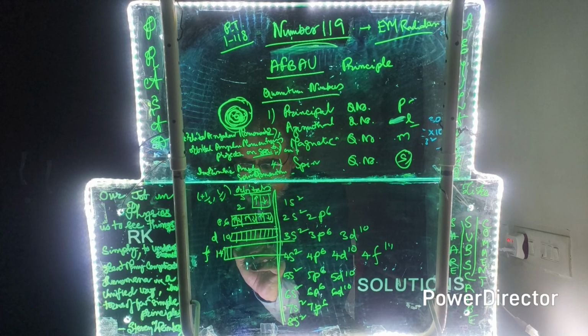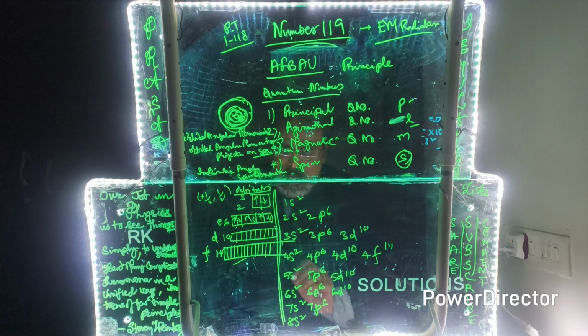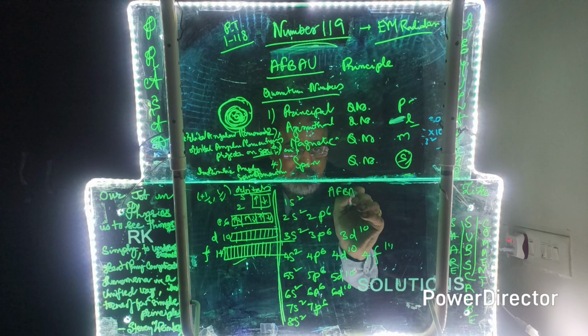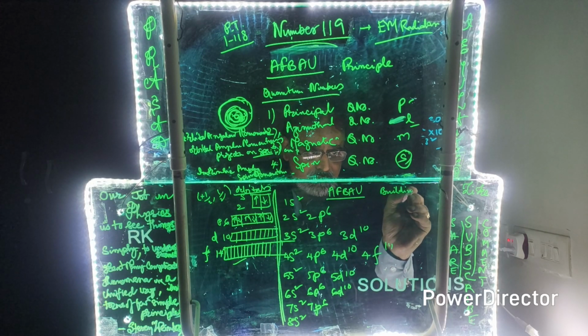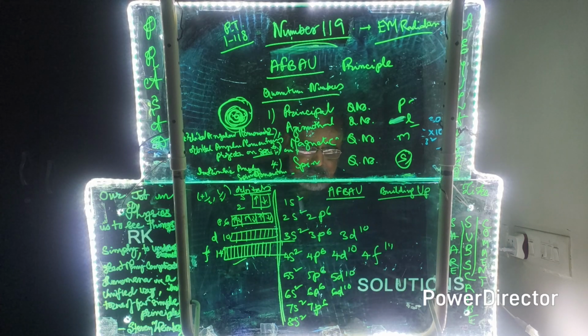So these many electrons they can house, and we have the Aufbau principle, meaning building up in German. That building up series, the rule says, whichever orbital has the least